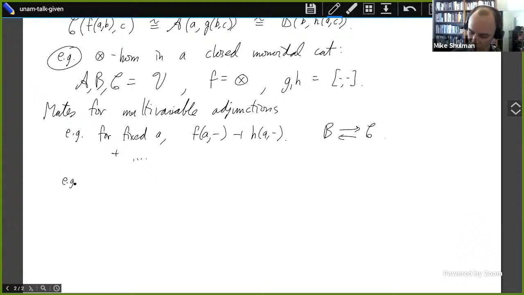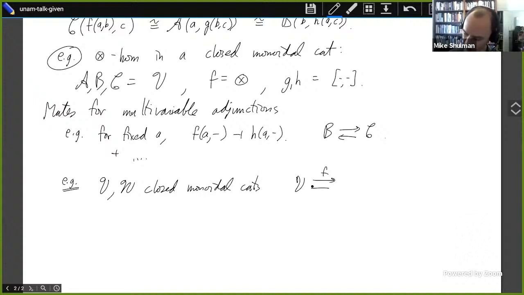For example, one particular instance of multivariable mates is in the case when I have two closed monoidal categories and a pair of functors between them that are adjoint. Then I may be interested in how this adjunction relates to the tensor products and the internal Homs of V and W. And there are lots of different things that you can say that may happen in different cases. But for instance, one of the particular cases that people are interested in is